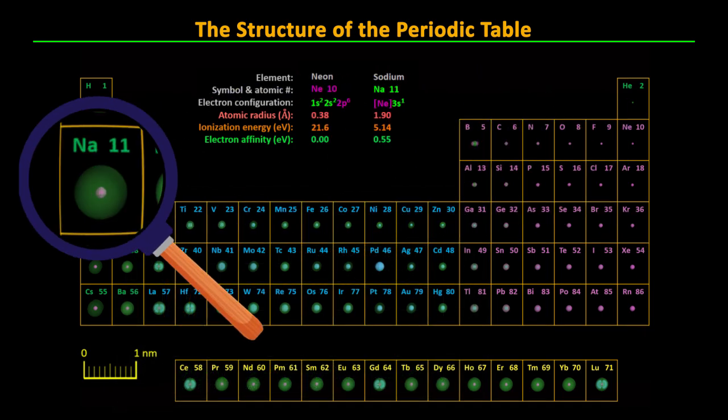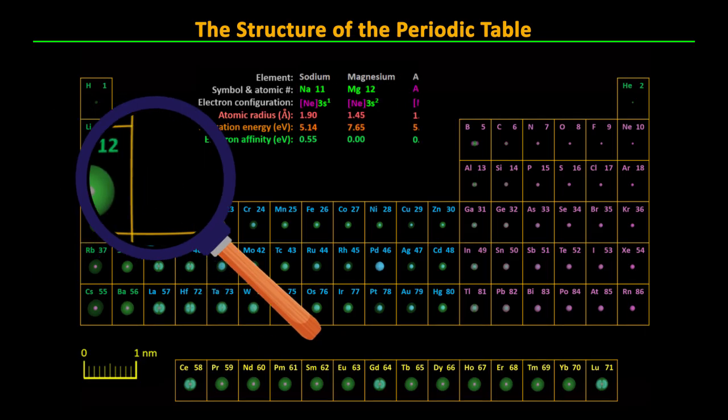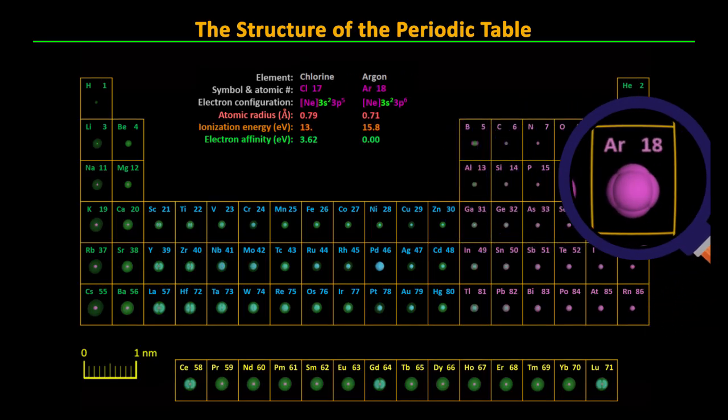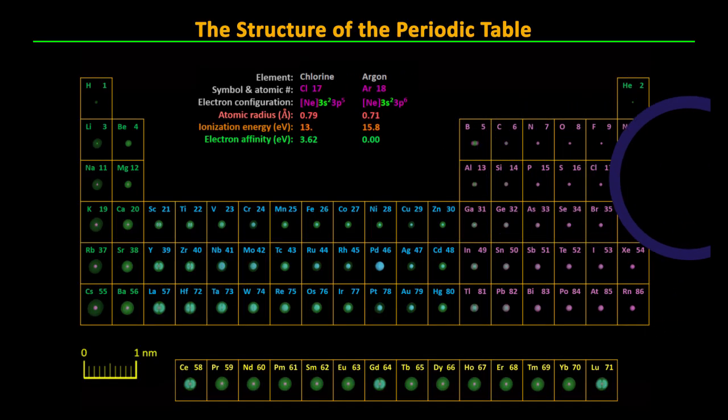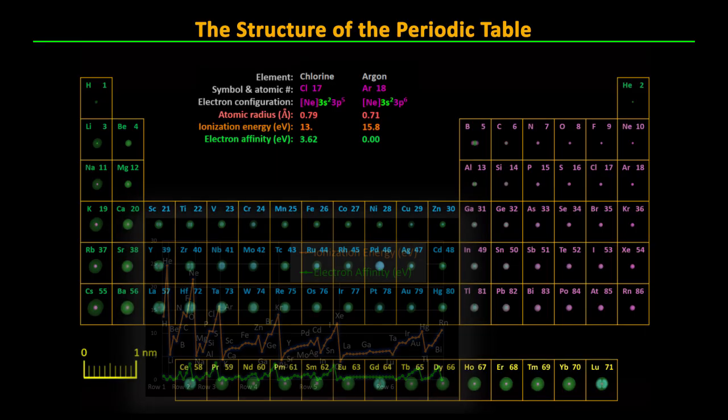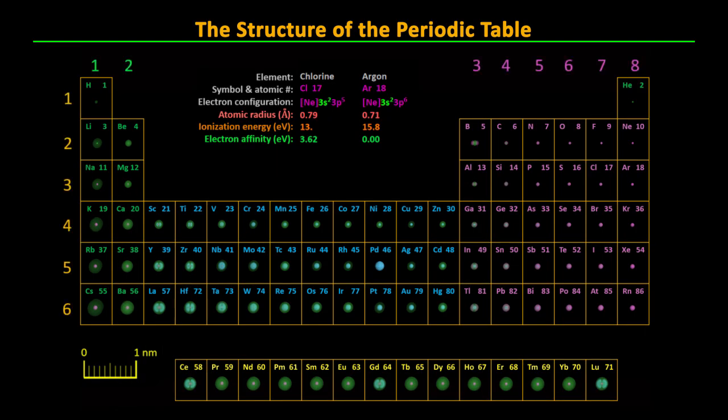Now we move to the n equals 3 row, which follows the same pattern as the n equals 2 row. The 3s orbitals will fill first for sodium and magnesium, and the next 6 atoms fill out the 3p orbitals until we have another noble gas with argon at atomic number 18. You can see why the chemical properties repeat with increasing atomic number. Within these 8 columns we've populated so far, the s and the p shells will always be the outermost electrons, which participate in the chemical reactions and are called the valence electrons. You'll often see these columns numbered 1 to 8 to represent the number of valence electrons for the atoms in that column.